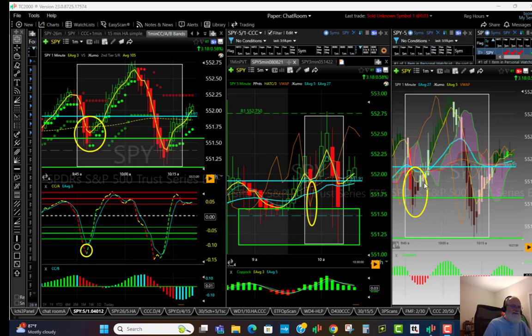If you have a series of dark red candles and the price continues to go lower, that's different. This is not the case. These are a couple of dark red candles, and it is at a line of known support, which is the morning area, the 551.50 area, which we continued to bounce off of. So this was just an extreme pullback down to that same area. And if you don't see that, then you freak out. You don't make the right decision. The right decision at that point is to add to the position. Whether you're trading options, whether you're trading futures, the right choice at that point is to add to your position